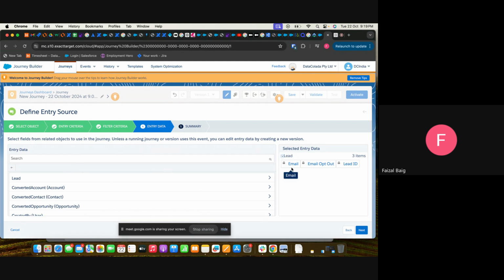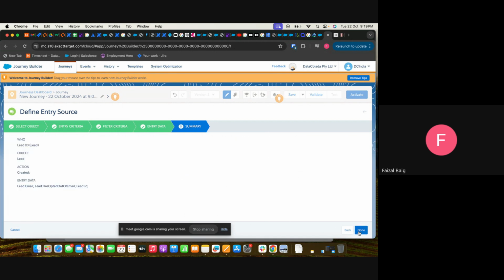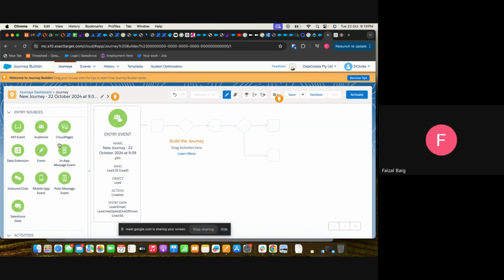Automatically it adds email because it's needed, and opt out as well, because if a person is opting out, that should not enter the journey. And the lead ID when it's created. Done. So the person who is going into Sales Cloud and filling up the details, once the lead has been created, will directly enter this journey.